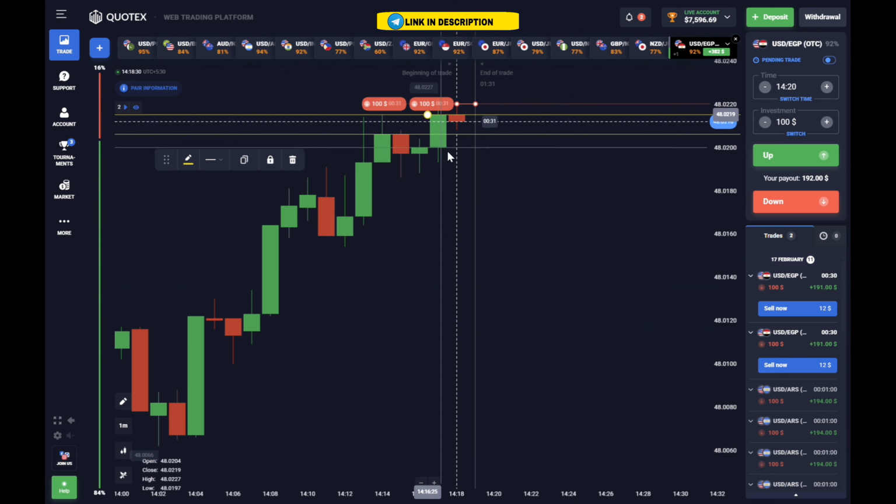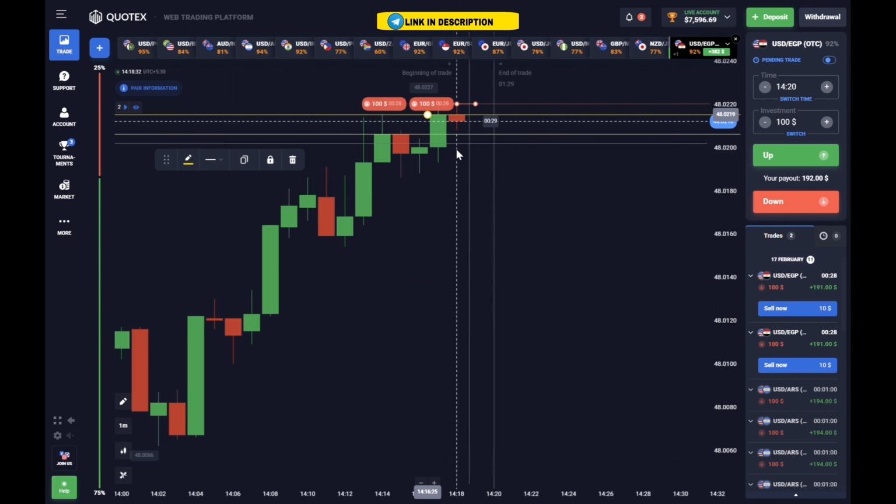This forms a resistance zone. And for now, the market movement should remain downward here. Personally, I feel this way, but there is no 100% certainty that it always happens like this. Anything can happen in the market. Here the chances are absolutely 50-50. It's just that if you have drawn support and resistance properly, then there are higher chances that your trade will